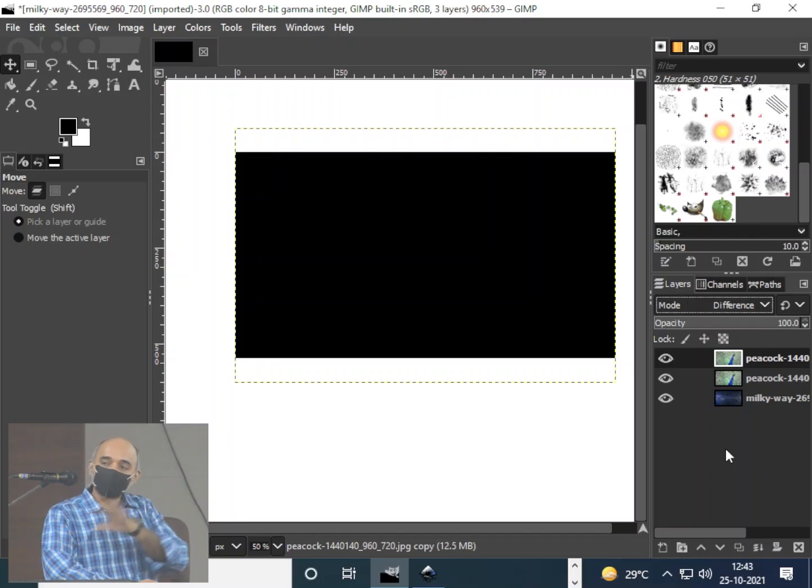Okay, so this was an example so you understand that every one of these blend modes is a formula. Difference is A minus B. Minusing one image from the second image. Since both the images are the same, you get a black image, you get 0.